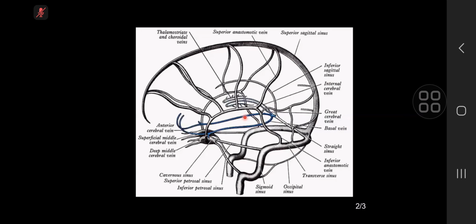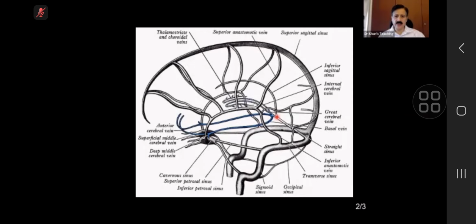Two other veins, which are the basal veins, are at the level of the midbrain. They also join. These are not important for your exam. Vein of Galen, this anatomy, internal cerebral vein and vein of Galen, is very important for two cases in the exam. One is vein of Galen aneurysm, and second one is dural venous sinus, internal cerebral vein thrombosis, which we will